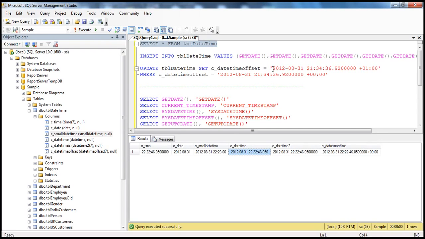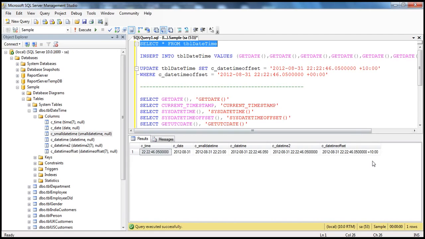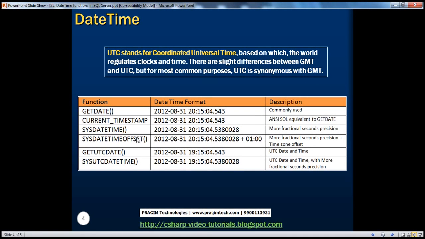So let's quickly update it with some offset. I want to say the offset is maybe plus 1 hour for this time. I've just written the update query beforehand in order to save time in typing. When I press F5, you should see we got an offset there. It's 10 hours. Okay, all right, cool. So these are some of the functions that we can use in SQL Server to get the current system